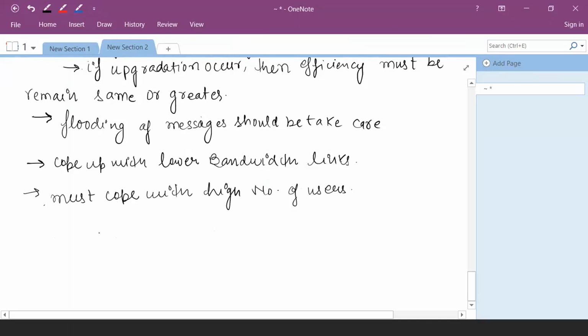With the bandwidth layer, if the quality of service is not provided by a particular protocol, what is the quality of service? The quality of service is that one. Suppose you are opening a video, and the video quality is very low, and the video is buffered each time. In every 2 seconds, the video gets buffered. So it means the quality of service is very low. So if you have a low data rate, it must cope with this low data rate in such a way that the connection is sustained. If it is sustained, then it should be reintegrated sometime.